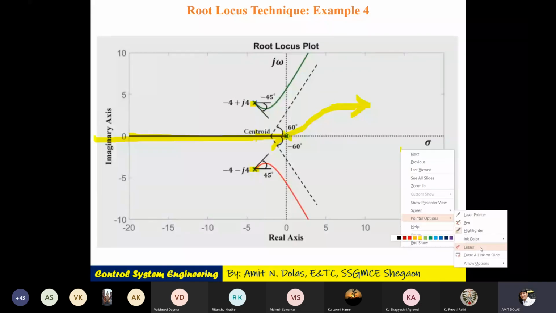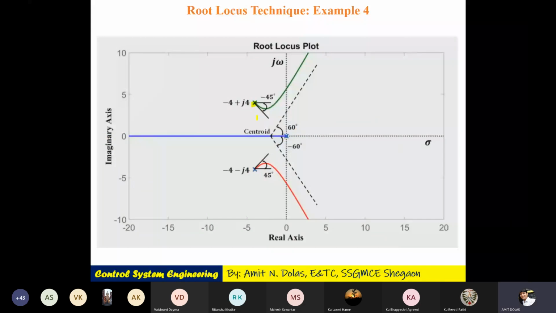Okay, now you can see these are the poles 1, 2, and 3. We calculated. We have discussed if you take any test point from 0 towards minus infinity, the number of poles and 0 at any test point, wherever taken, that will be odd number. So complete route from 0 to minus infinity is the path or route. Then we calculated asymptote. This angle, if we started from here, this angle is 180. So one asymptote towards minus infinity.